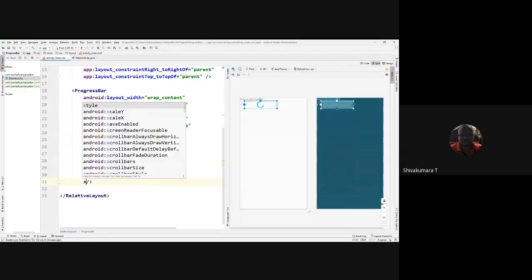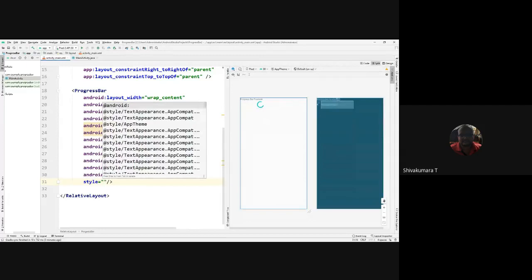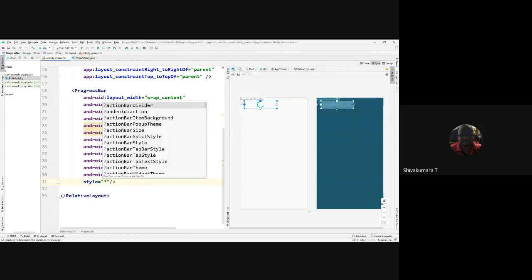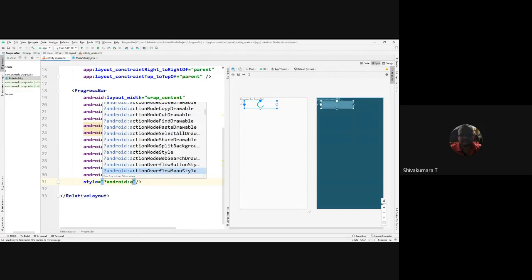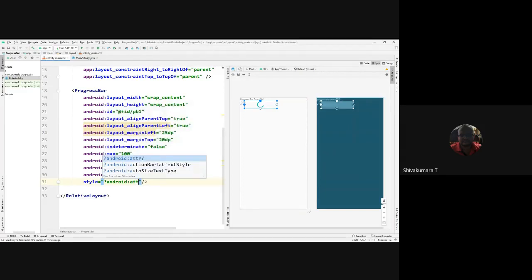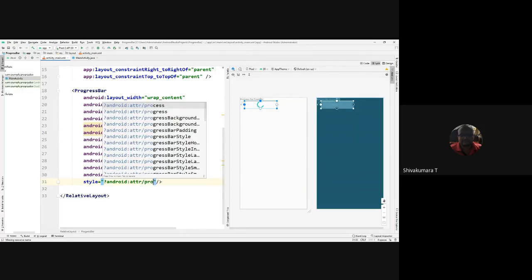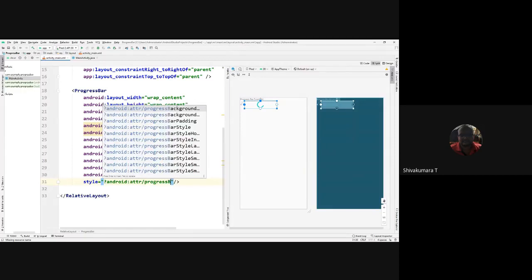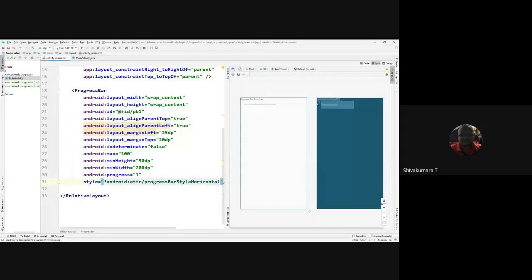You can specify the style equal to Android attribute progress bar style horizontal.